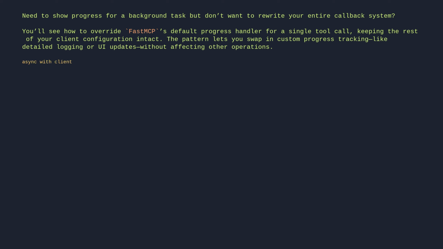Async with client. # Override with specific progress handler for this call. result = await client.call_tool("long_running_task", {"param": value}, progress_handler=my_progress_handler)